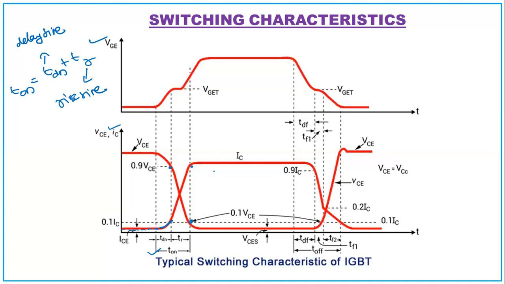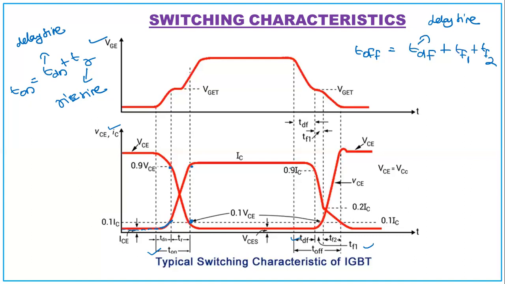And turn off actually consists of three components. T off will be equal to TDF plus TF1 plus TF2. TDF, TF1, TF2, everything is marked here. So let's see what the delay time TDF is. Delay in falling is defined as the time when the collector current falls from IC,